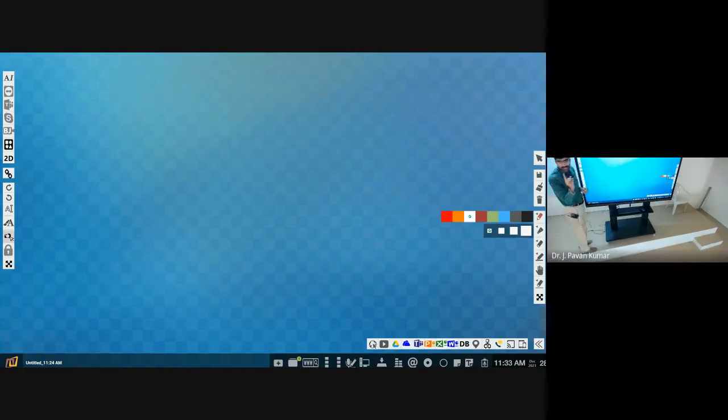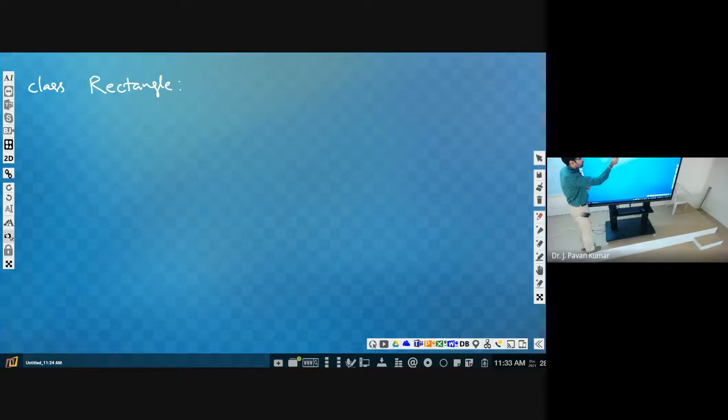We are saying rectangle as the class. So how can we define it? By using the keyword class. And what is the name of the class? Rectangle. In general, it is good practice to start the class name with a capital letter. So class Rectangle, then colon. Now we are defining the class.